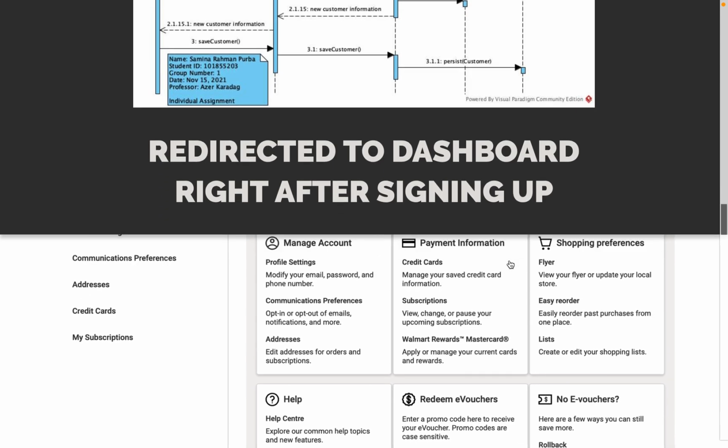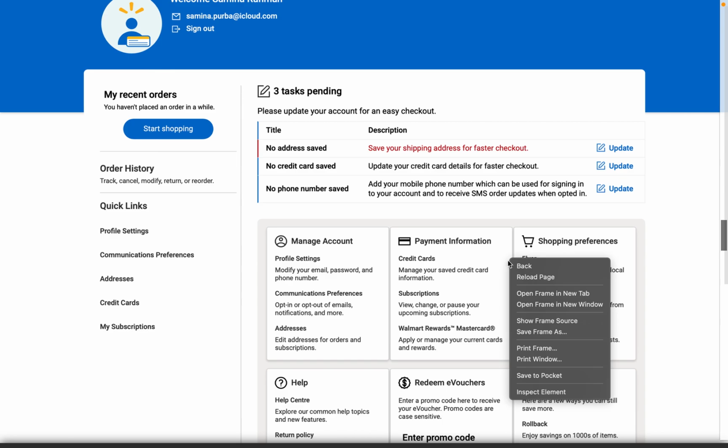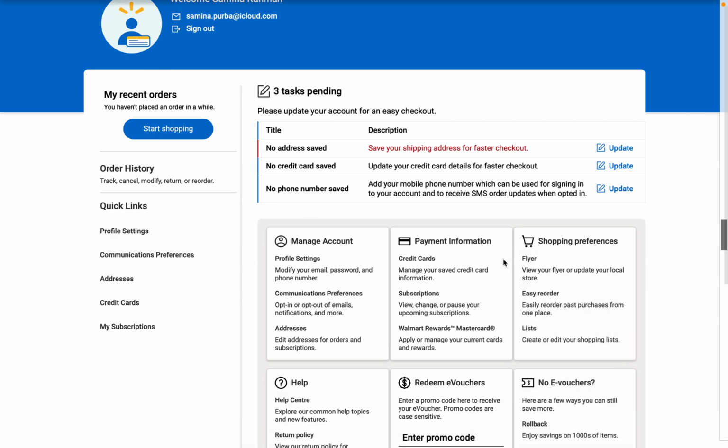After the sign up happens, they are redirected to the dashboard, which is what you see on the screen now. And I would say that the dashboard is very comprehensive. You can manage communication preferences, addresses, credit card billing information, and you can also manage your orders from here. And like I said,